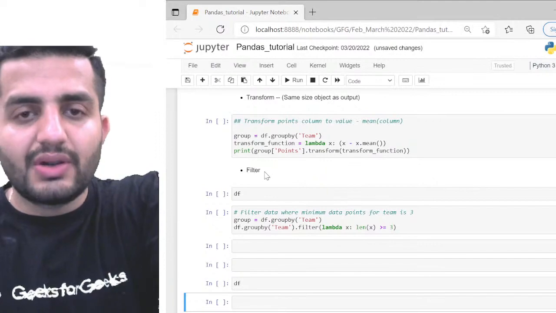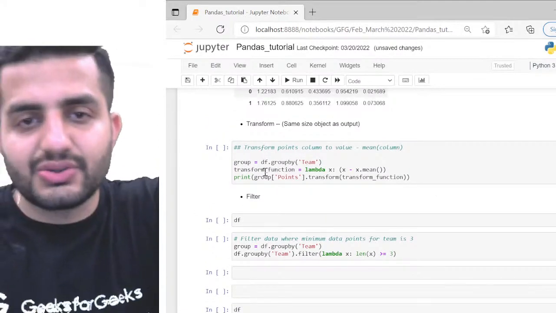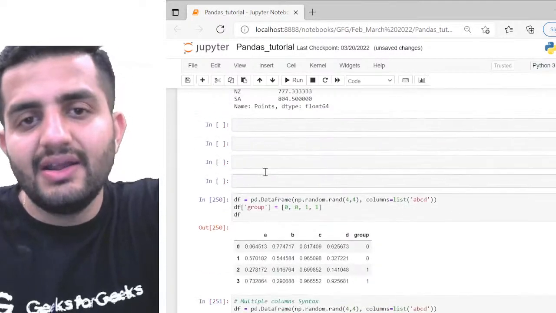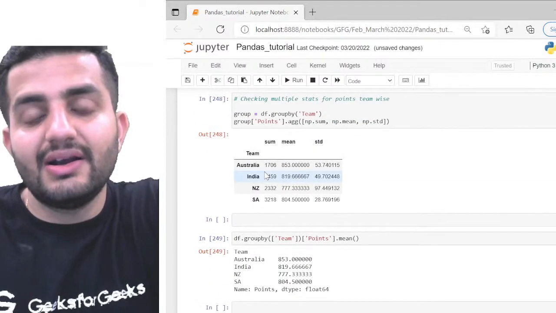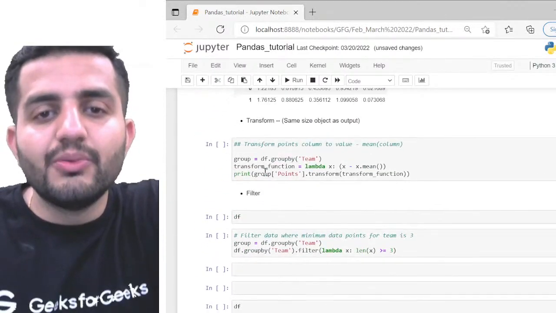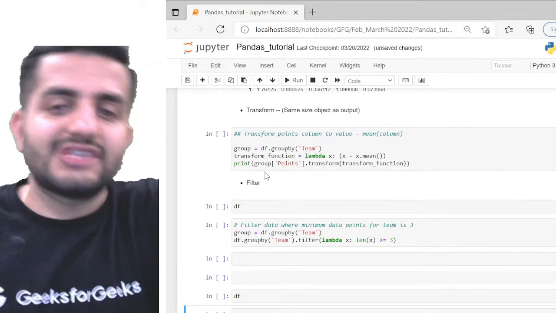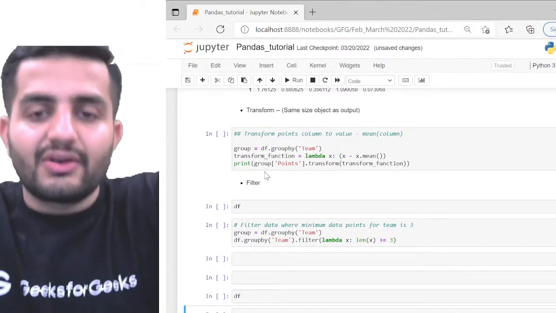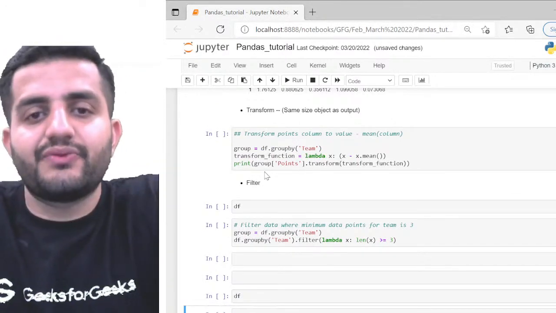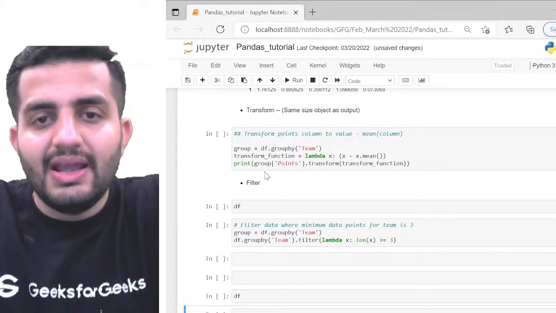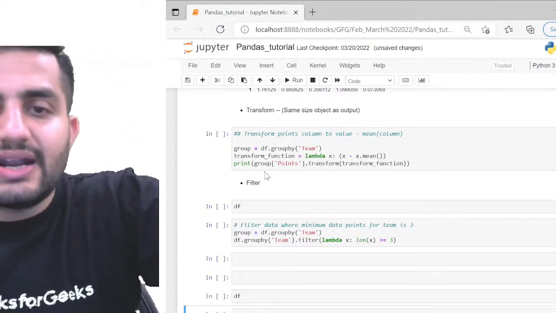So we have something called as transform and the filter also, right? So till now we have only seen the aggregations, right? But we have two more compute functions. Like we have transformation and we have filter also, right? So what about transformation? So for example, here transformation, I'm trying to change the data into something else,